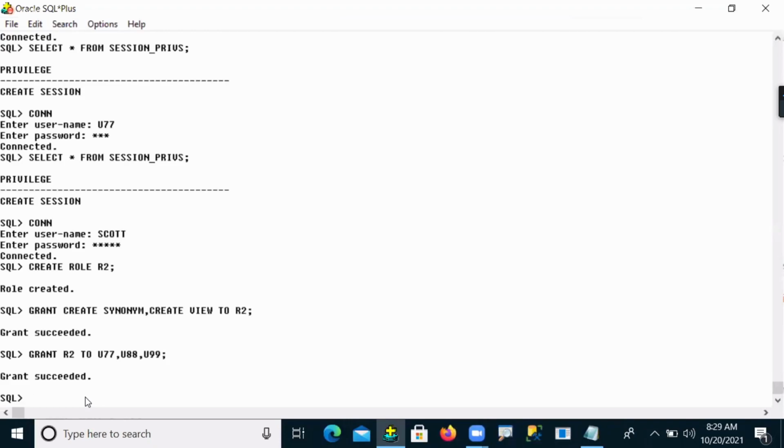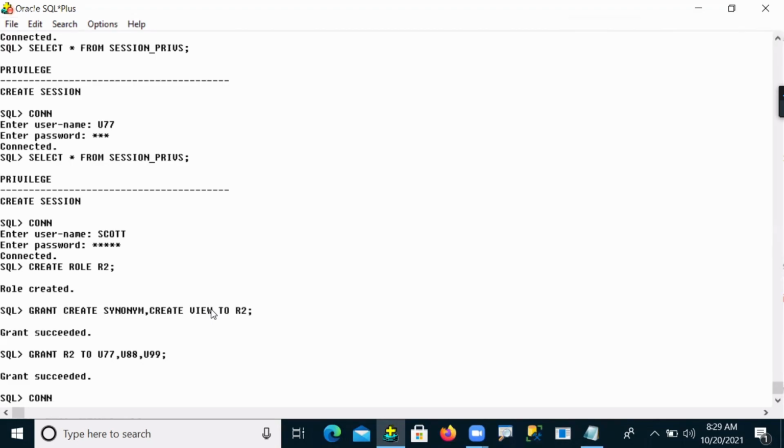So these users 77, 88, 99 are getting a group of privileges. Multiple privileges we are assigning to multiple users with the help of a role.